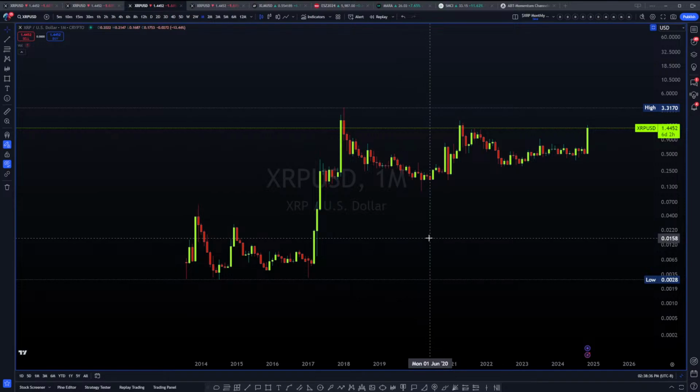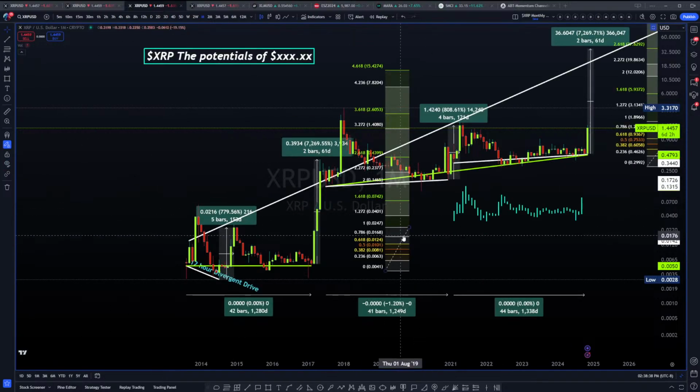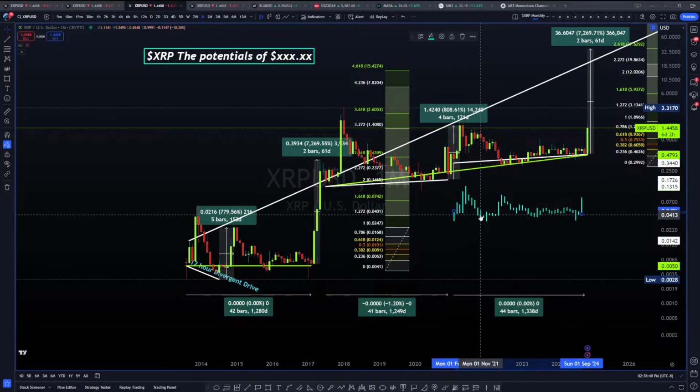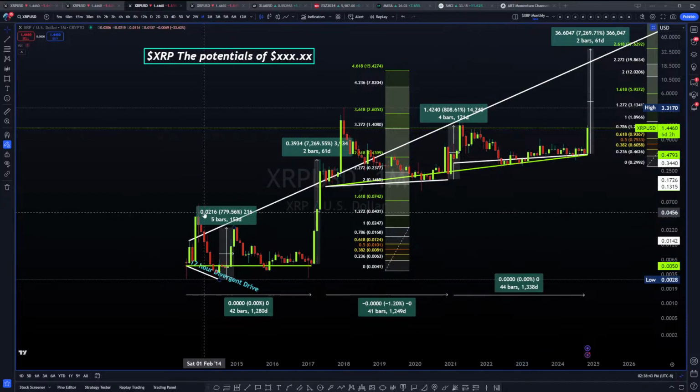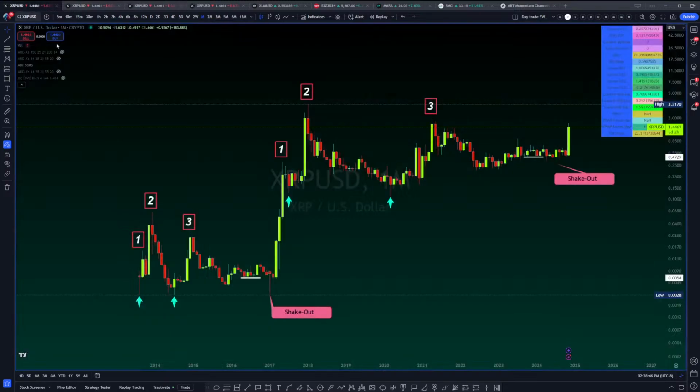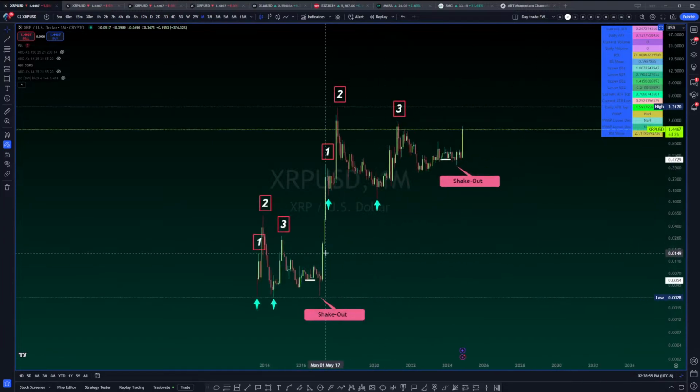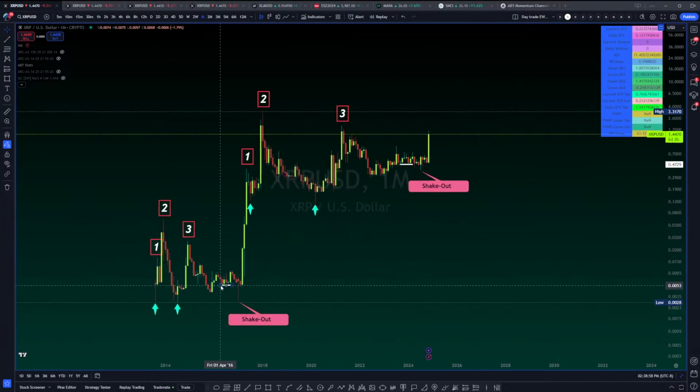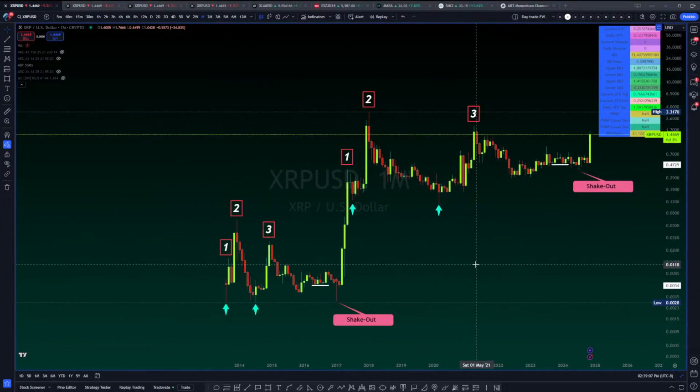And it's rhyming incredibly. It's rhyming so much, to the point where you have this first upside, going back to this thesis right here. You have the 1, 2, and 3 spikes, and the little blue arrows here signal where that bottom side is, where you are cyclically. You have this little consolidation phase here, shakeout candle, bull flag and takeoff, and you have a bull flag and takeoff again. So they're completely rhyming. It's insane.